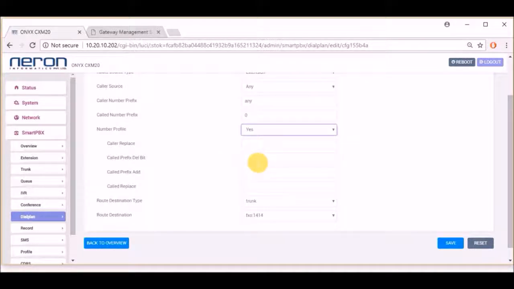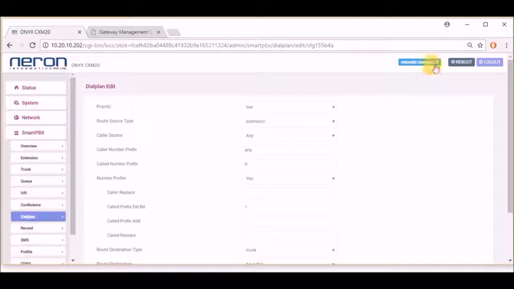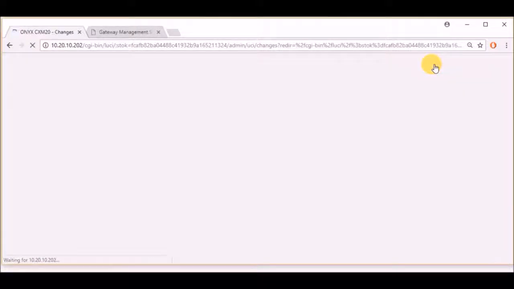So we'll provide here a called prefix delete bit. We'll make it 1. Here I have entered a 1 digit number, so I'll delete 1 digit from here and click on save. Again unsaved changes and save and apply.